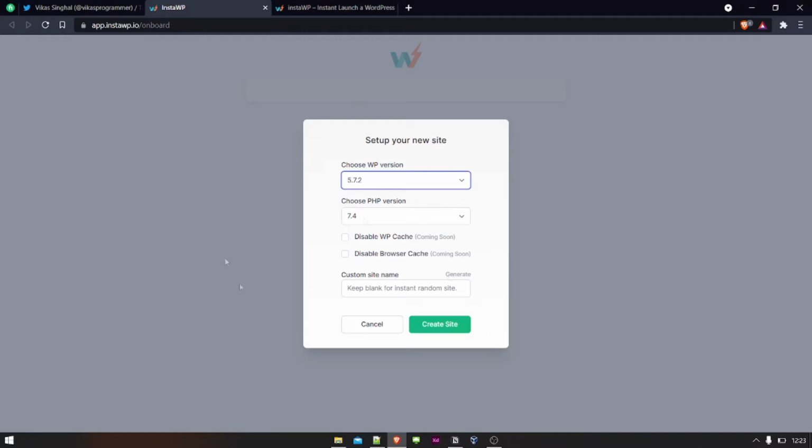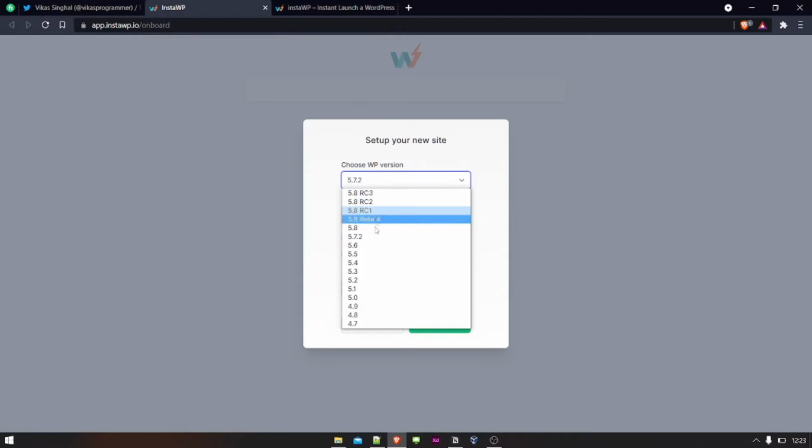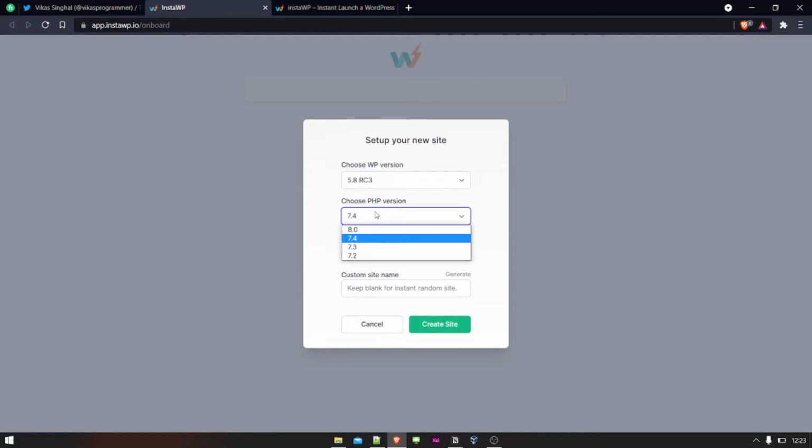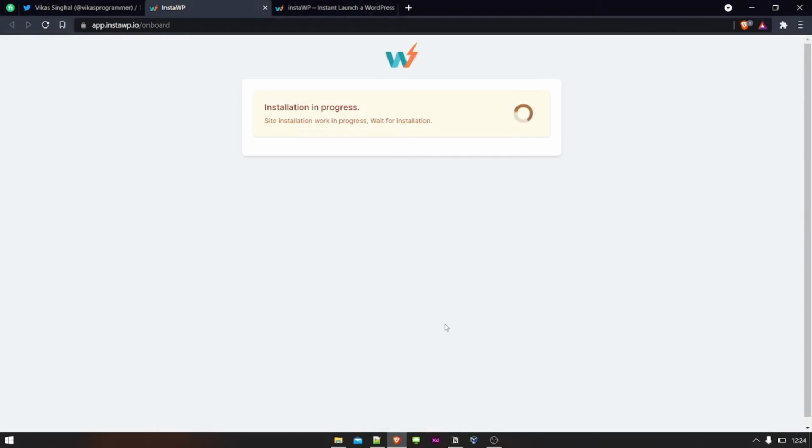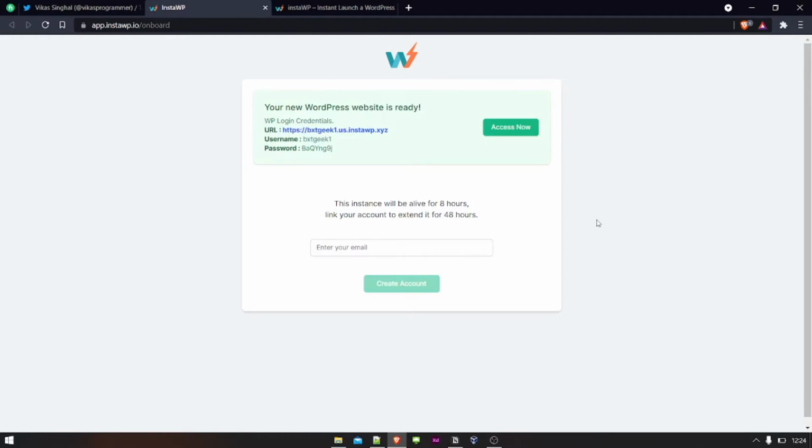So now the dashboard will look something like this. You can choose the WordPress version that you want. Let me install the latest one. Let me select the latest PHP version as well. And for the site name, let me give something simple, because I'm not using the biggest one since I already created a website with that name. Okay, so let me create that website. It's super fast and you'll love that too. It's installing the SSL, it's installing WordPress, and it will create everything for me.